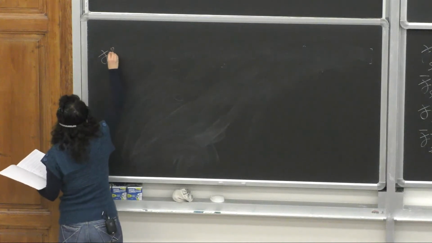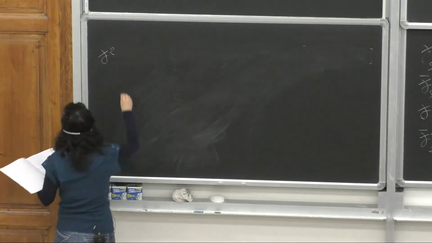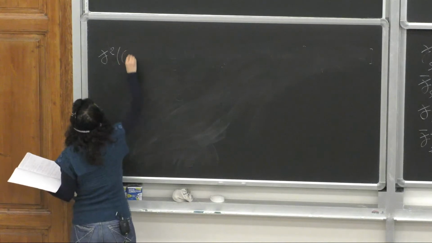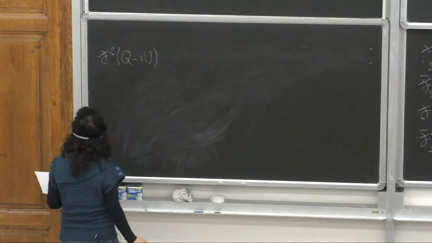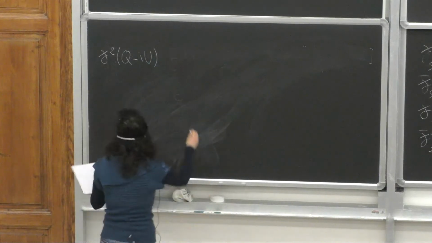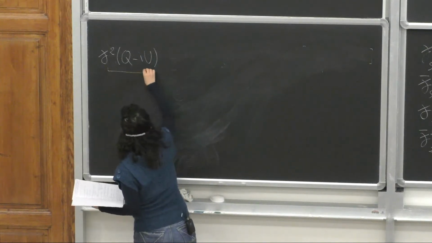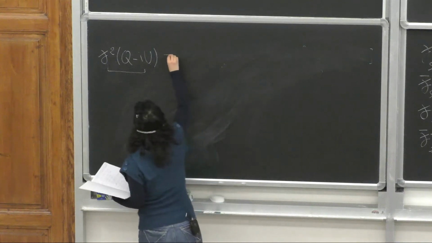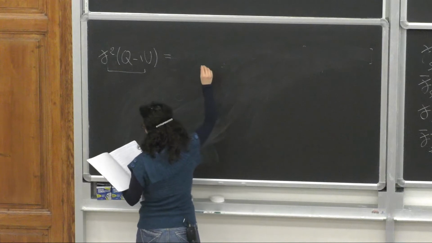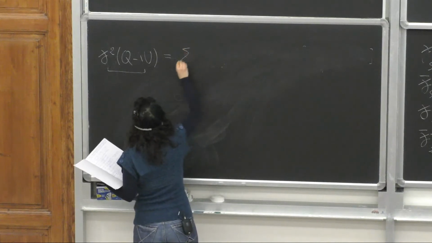So if we apply twice the spin raising operator to, of course, Q minus iU, which is a minus 2 quantity, then all this function here will be a spin 0. So we can expand this